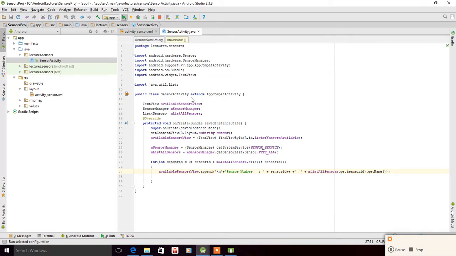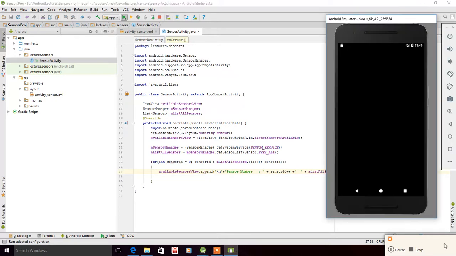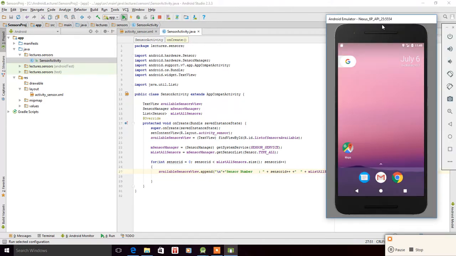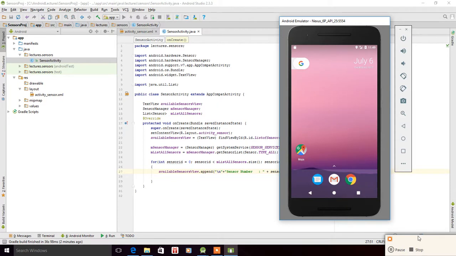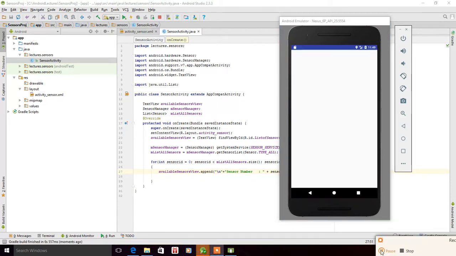And now we see what we get. Again, we run it. So now you see we have this 1, 2, 3, 4, 5, 6 orientation sensor. They're all in different lines, a list of available sensors on the top, but still we have